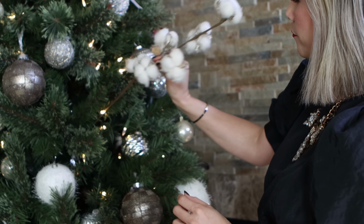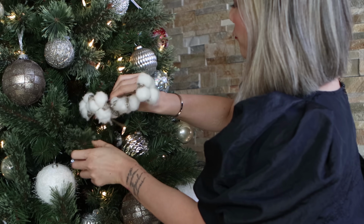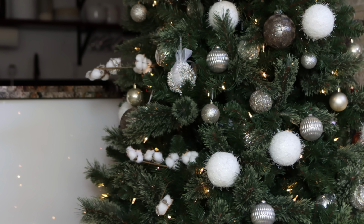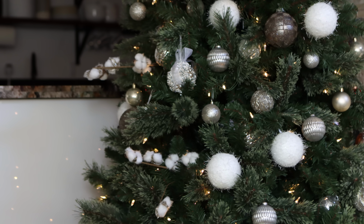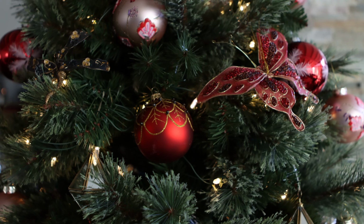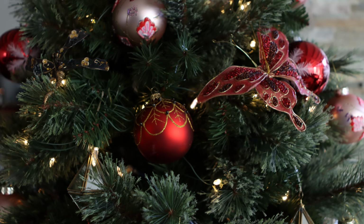I was shopping online for a green Christmas tree, and lo and behold, I found my perfect one at Walmart. I started busting out all of the old holiday decor, and I wanted to reuse old ornaments in my typical silver, white, gold theme. As I was decorating the tree, I found a box of really old ornaments that I haven't used for maybe about 10 years now. There are these really whimsical gold and red and black dragonflies and butterflies,